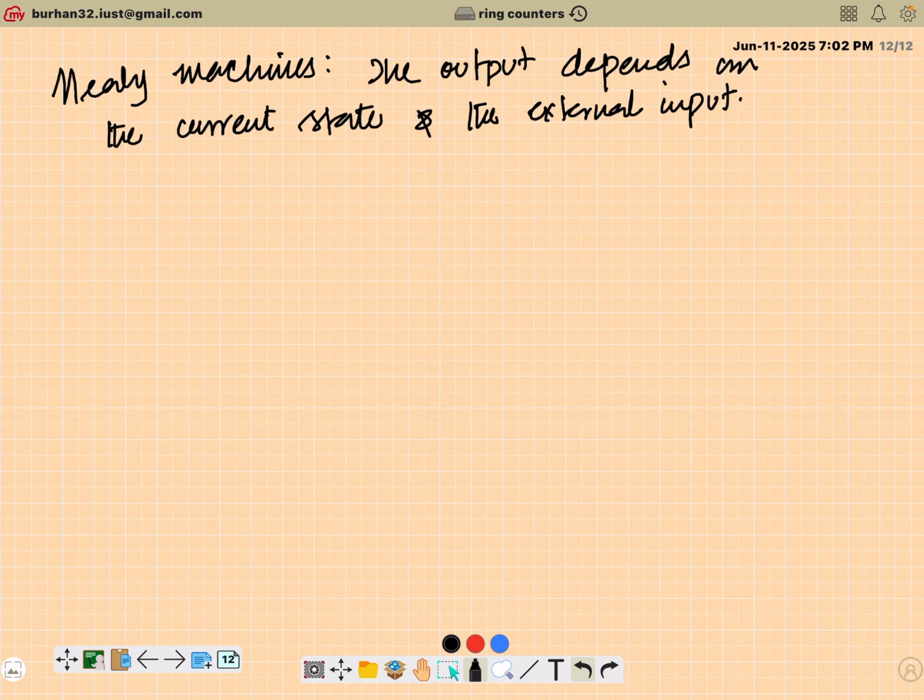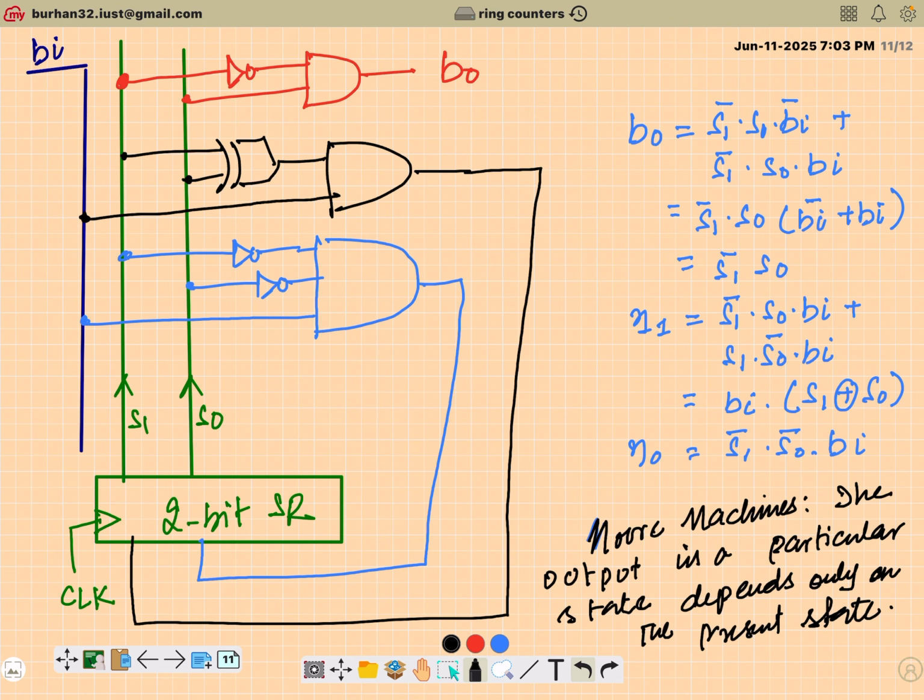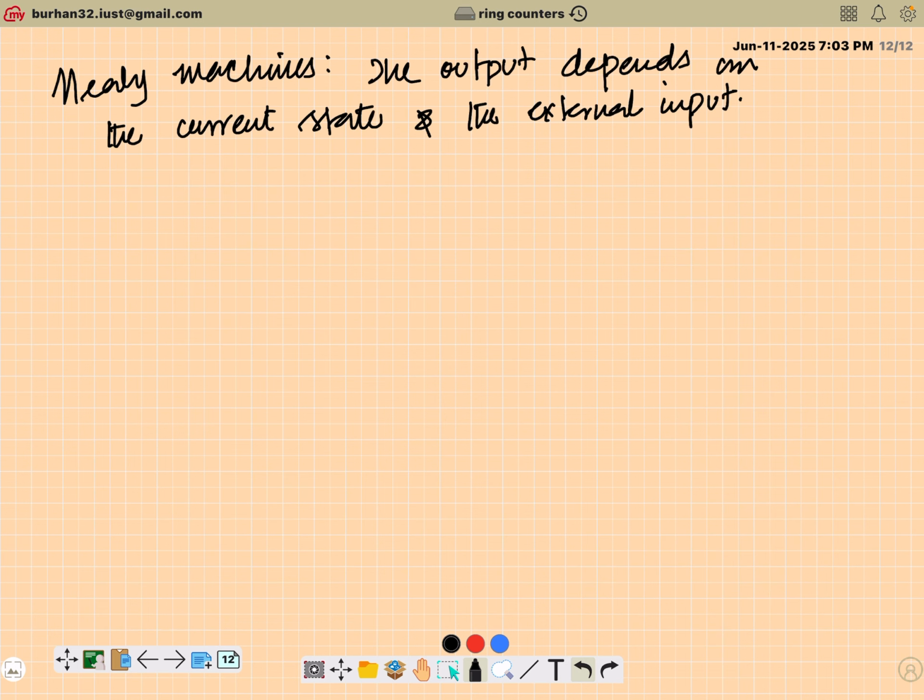Okay, so in this video, we'll try to design the same thing that we did in the last video, but this time we'll be using the concept of a Mealy machine. In the last video, I gave you the brief difference. In a Moore machine, once you're in a particular state, output is implied. So it would have a fixed output for a particular state. But in the Mealy machine, the outputs are conditional. It will actually depend, apart from being in the current state, upon what the value of